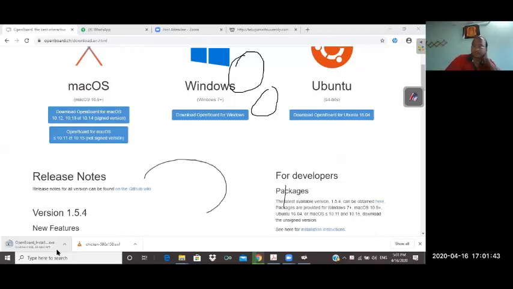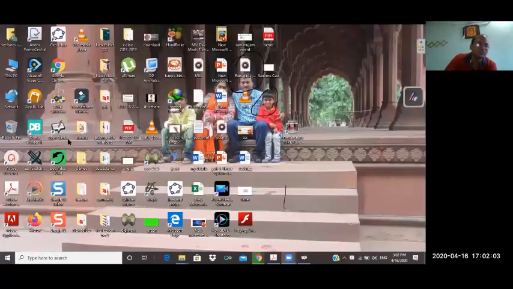After downloading, double click on it and install it. No complications arise. You simply install that one, sir. It will look like this button. Here it is Open Sankore, but if you download Open Board, it will look like Open Board.